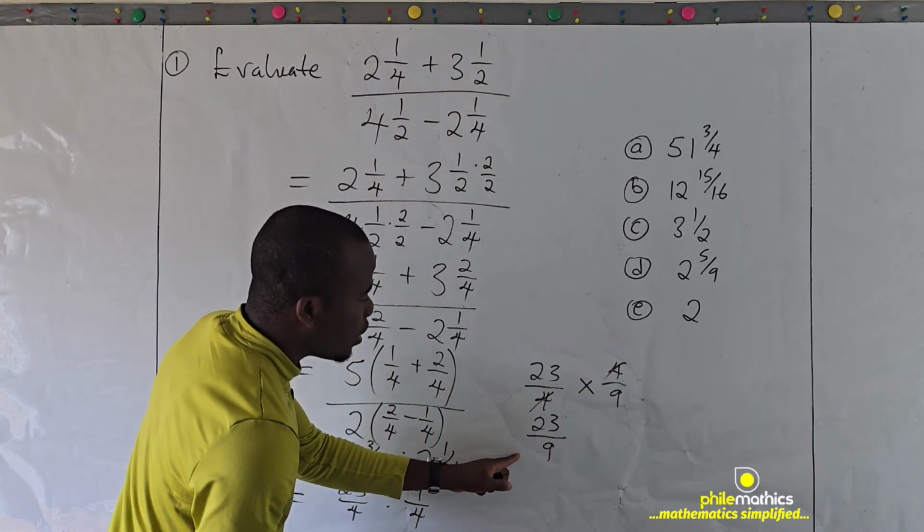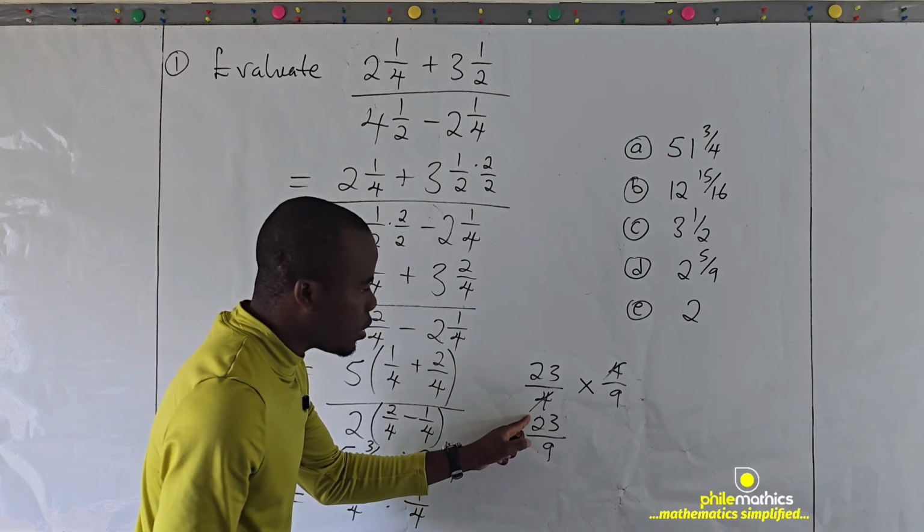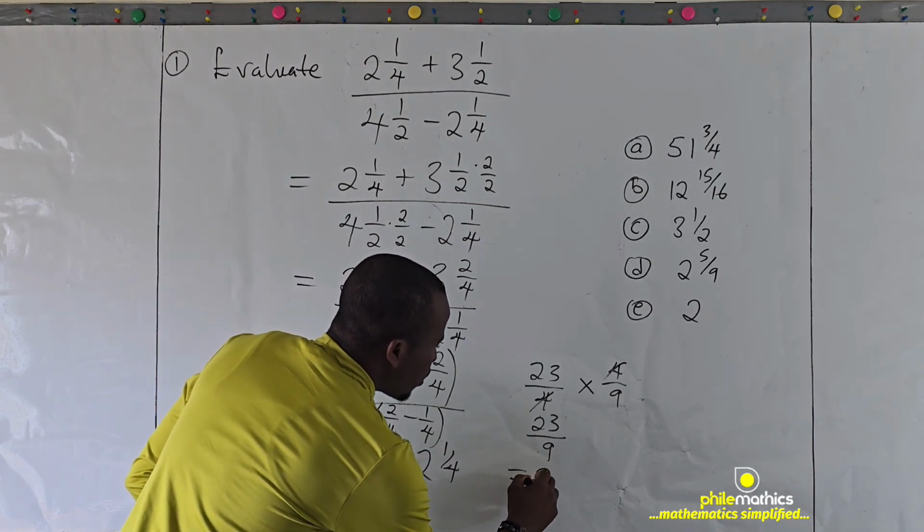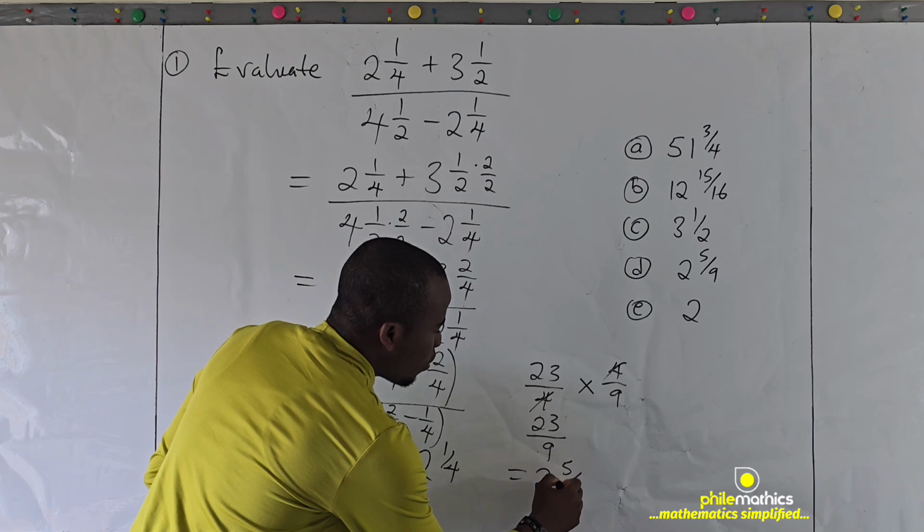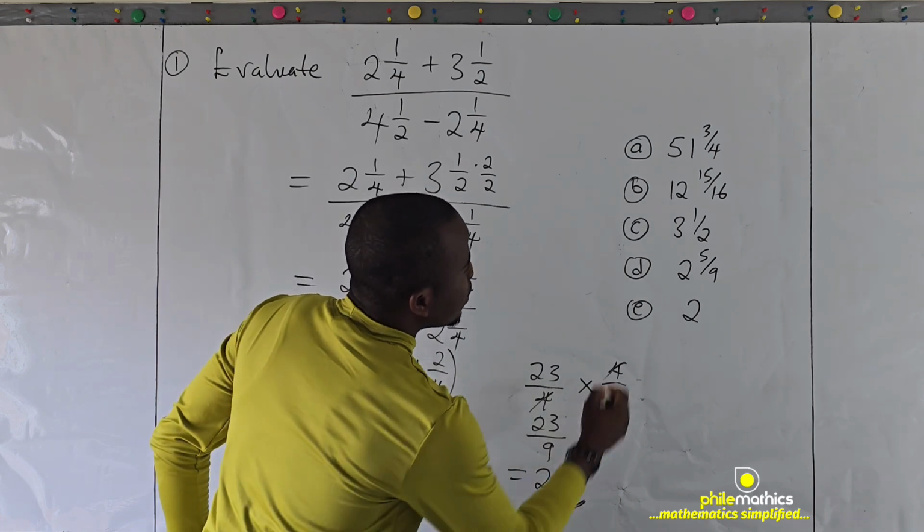And if we reduce this, 9 can go into 23 two times, remainder 5 over 9. And that's the